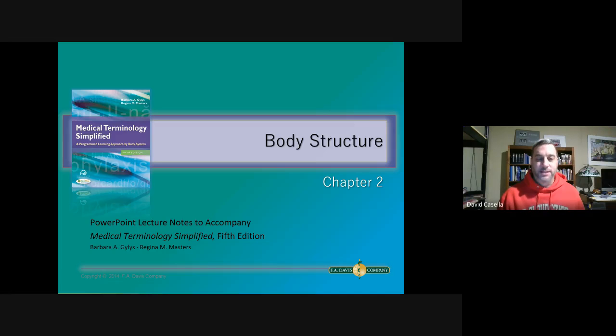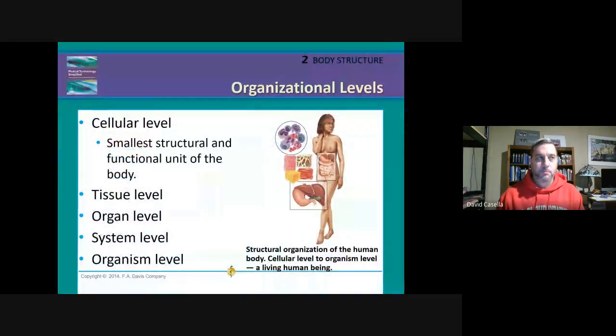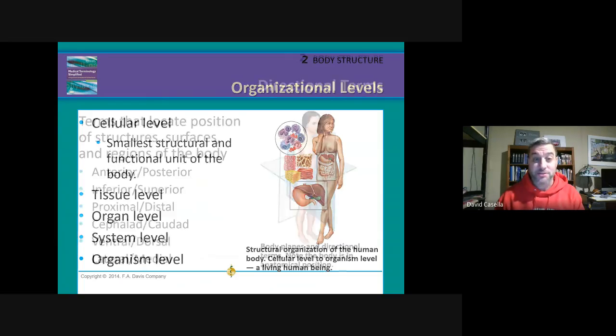When we look at the body itself and the structures of the body, the makeup of the body, we have the simplest, smallest structure is going to be the cellular level. And then we have tissues together. So cells working together with a common purpose make a tissue. And then those tissues working together become an organ. And that organ becomes a system. So that's how that part kind of works. And we just look at those different levels, and you can study any of those different areas that are out